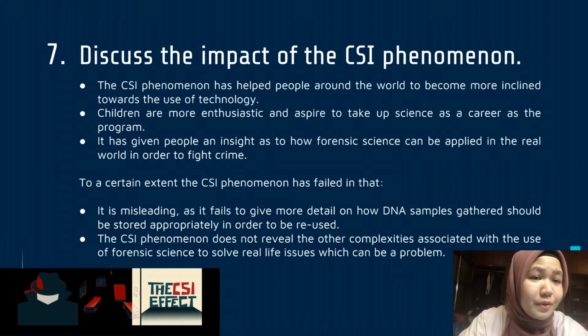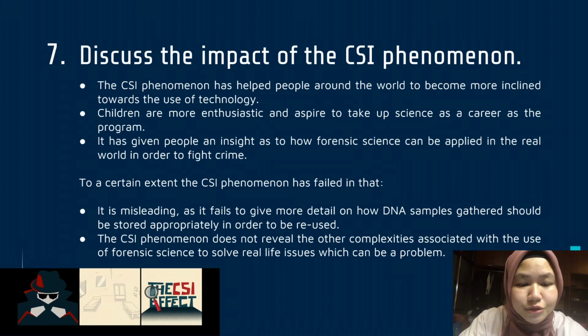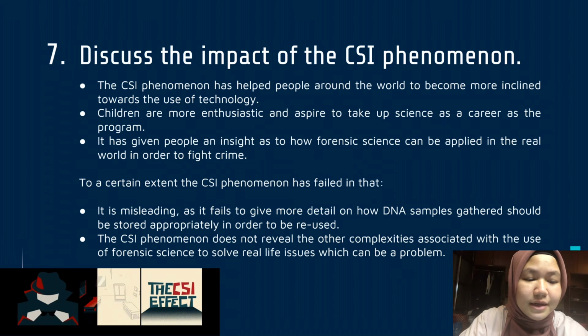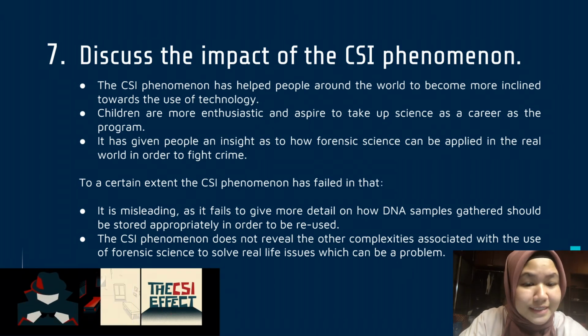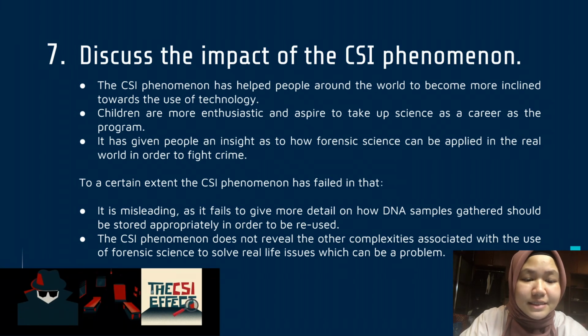Also, on a positive note, the CSI phenomenon has helped people all around the world to become more inclined toward the use of technology. Children are more enthusiastic and inspired to take up science as a career because of the program. It has given people an insight into how forensic science can be applied in the real world in order to fight crime. To a certain extent, the CSI phenomenon has failed in that it is misleading,